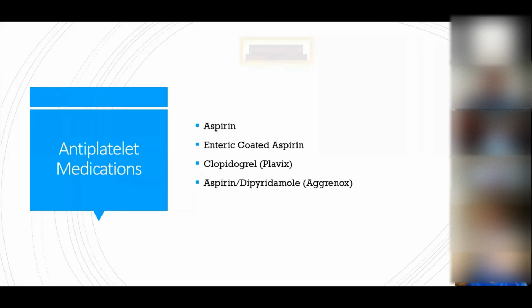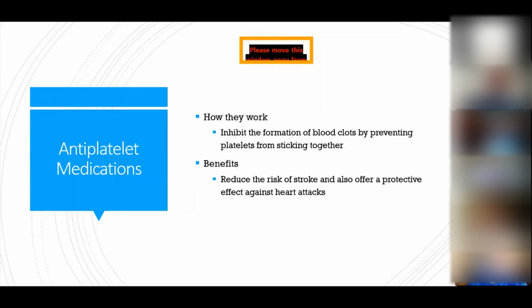And then a less common antiplatelet medication that you may see is called Aggrenox, and that's a combination of aspirin and dipyridamole. It's not as common as our aspirin or Plavix that we use, but I wanted to include it here for completion's sake. And so real quickly, how they work: antiplatelet medications inhibit the formation of blood clots,